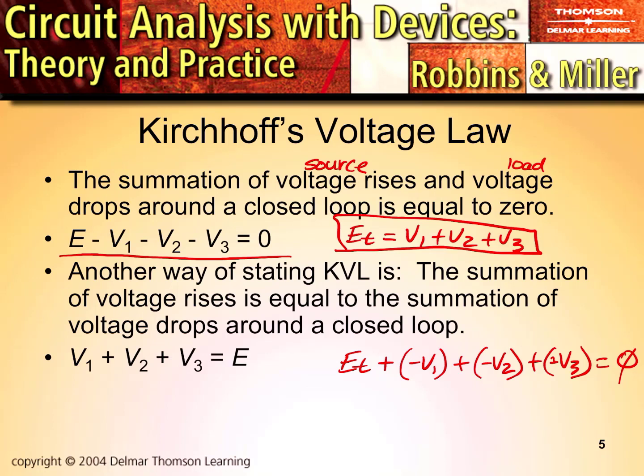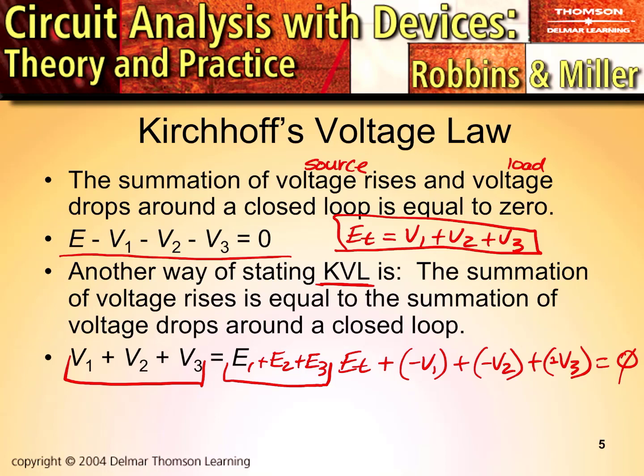Another way of expressing this equation is called Kirchhoff's voltage law. Okay, and we often just call it KVL. It really says the summation of all voltage rises is equal to the summation of all voltage drops around a closed loop. So if we had multiple sources like E1, E2 plus E3, that would apply. All of our voltage rises on one side, all of our voltage drops on the other side. Kirchhoff's voltage law says for a purely series circuit, those two quantities have to be equal. And we can use that to prove an unknown value,